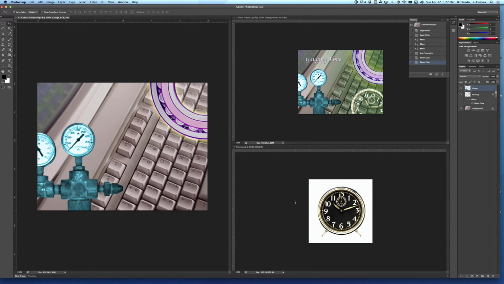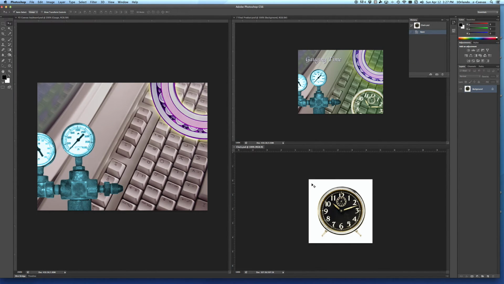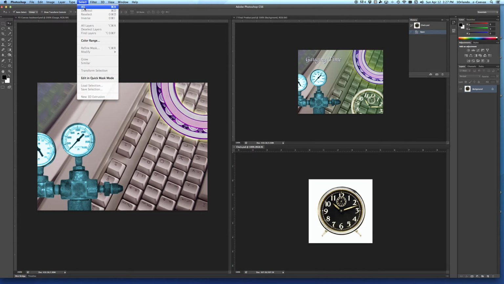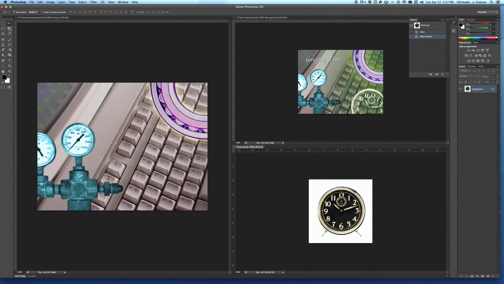Now we want to bring the clock over, and I bet you know how to do this already, but in case you don't, here's what we're going to do. I'll click on the clock layer. I'm going to hit Select All, or Command A, and then I'm going to get the magic wand, and I'm going to subtract the outer edge. So I'm going to hit Option, a little minus key with the magic wand,